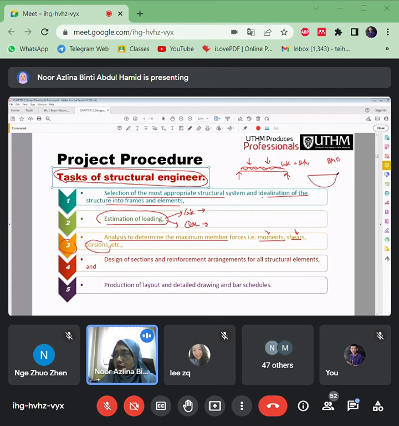Let's say this is the bending moment diagram. So what is the maximum value of moment here? This maximum value will be used in the calculations to provide the reinforcement. How many main reinforcements should be arranged in the beams or columns or slabs, and what size, according to the maximum moment.